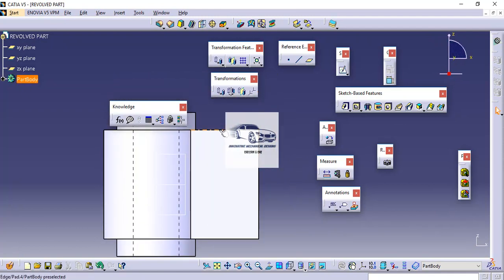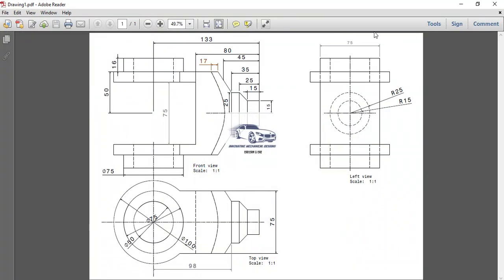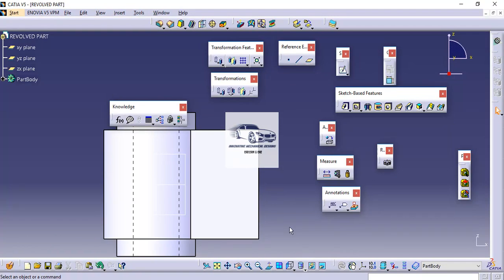Now after this I will create a cutout lying on this portion. The dimension for creating the cutout is given as 17 and from the center 25. So this is basically a revolve cut on this particular face.